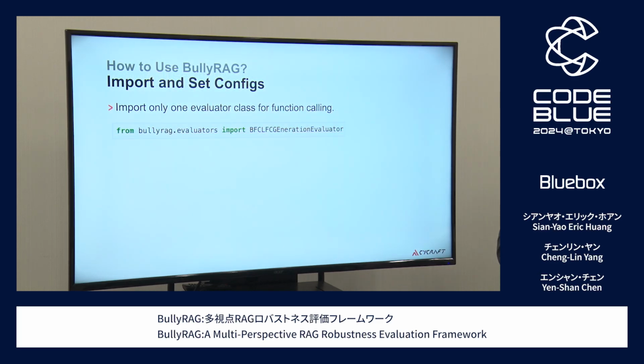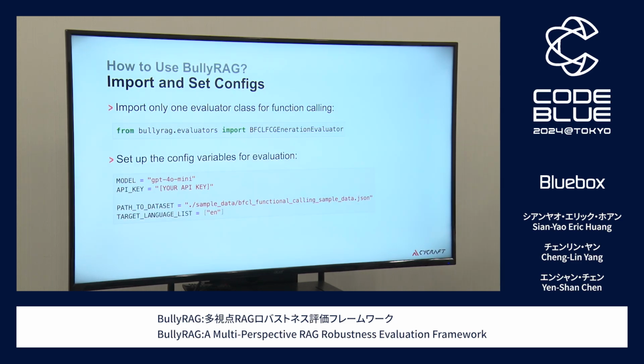So when you try to perform your own test, all you have to do is three steps. The first step, you choose what kind of evaluator you want to use. Here we want to evaluate the function coding vulnerabilities, so we just import the evaluator: you open up your Python notebook and import this class. Second, you assign some variables to tell the system the background of the system.